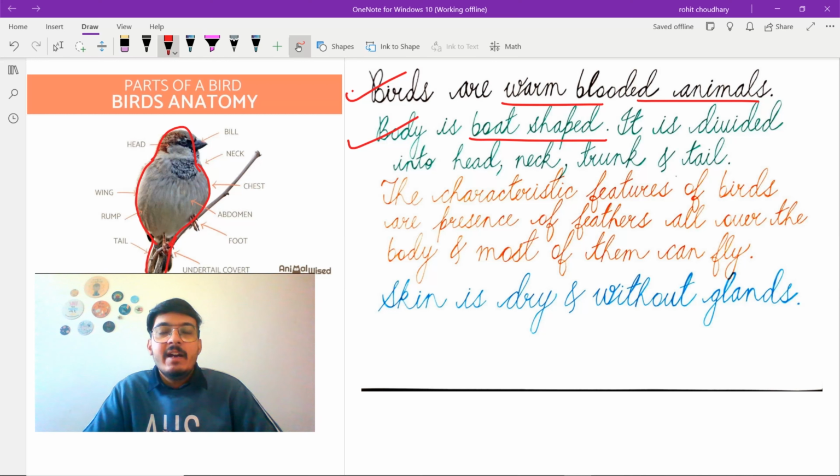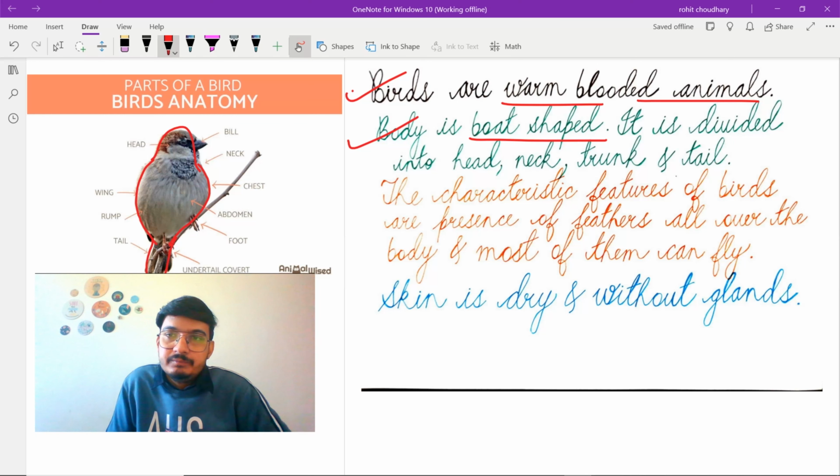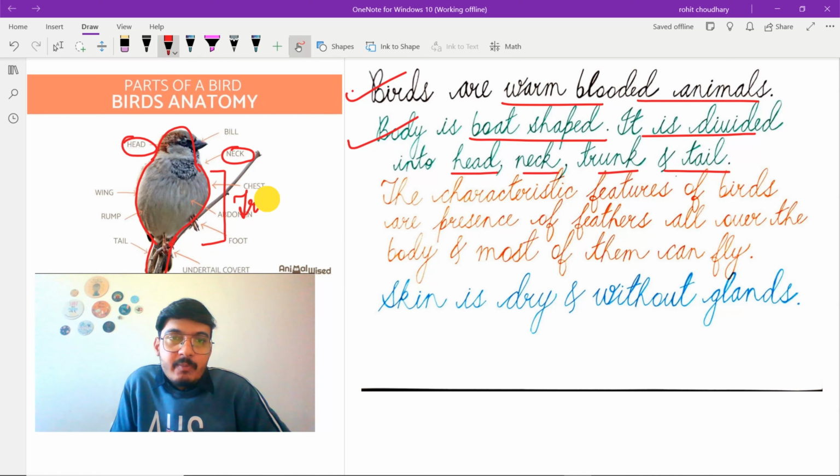It reduces the air pressure and it further reduces the drag of air while flying. It is divided into head, neck, trunk and tail. As we can see, here lies the head, here lies the neck, and this is the trunk portion,